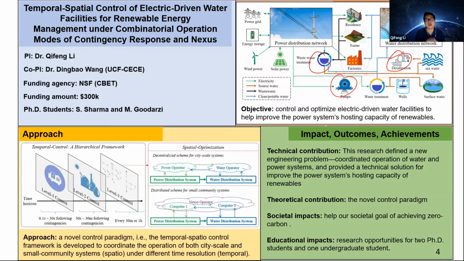For such a situation, it provides an opportunity for the water facility to provide the so-called demand response service to the power system. For example, during the duck valley, please try to turn on the water facility to consume the excessive electricity produced by the solar. But during night, when the wind is blowing, but people are sleeping, no one is using electricity, but the wind is blowing and producing. So please turn on your water facility to consume this amount of wind electricity. So this is the basic idea.